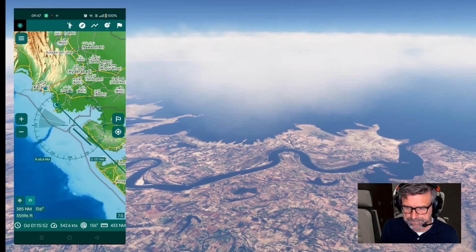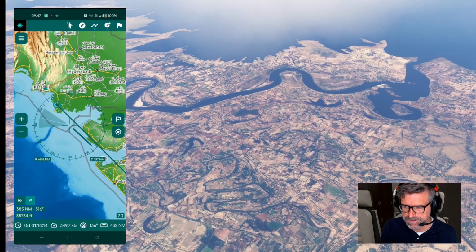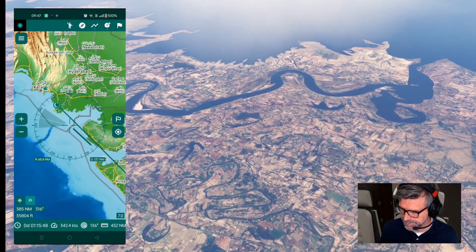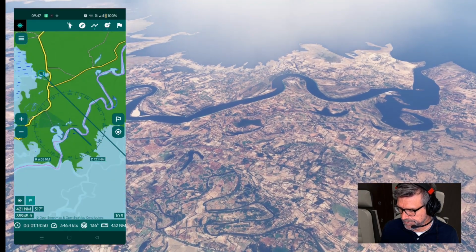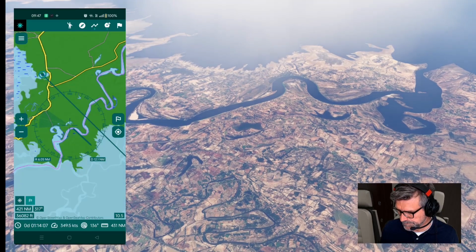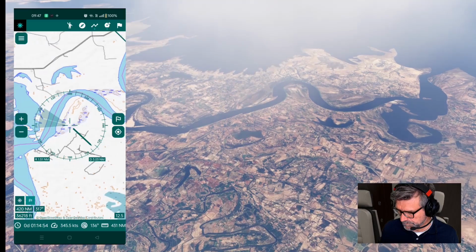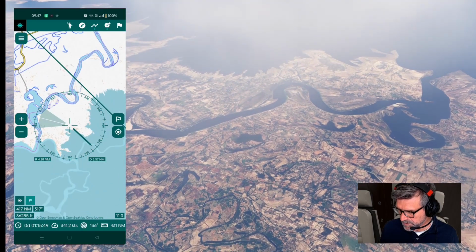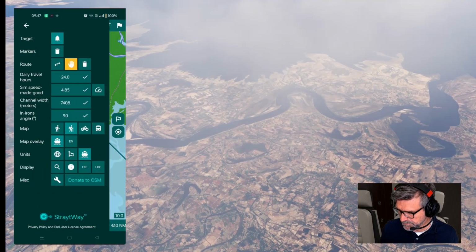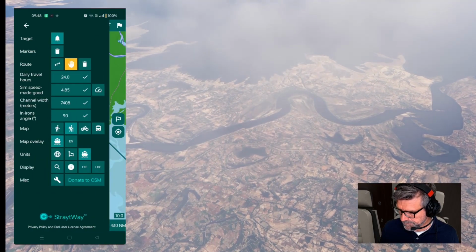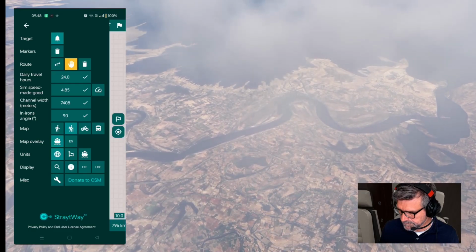Our belly camera. Interesting topography. Those rivers are here. Straightaway, there's also, perhaps I never mentioned it, an overlay for shipping. So if you... oh, it's activated. Yeah,